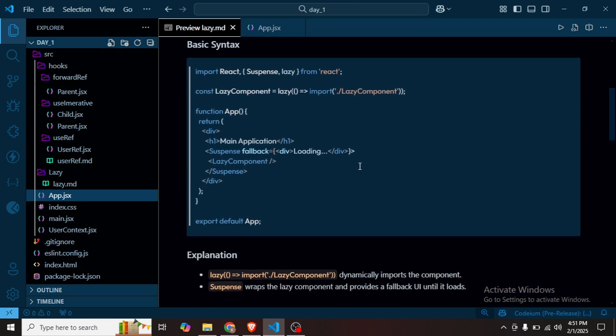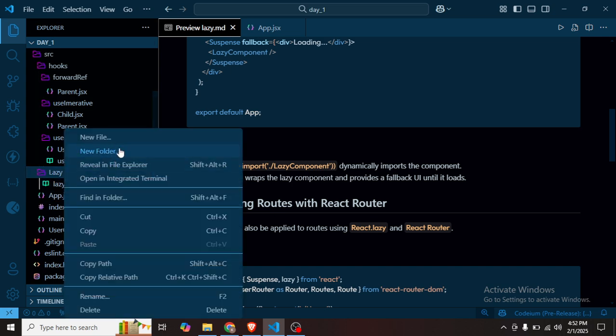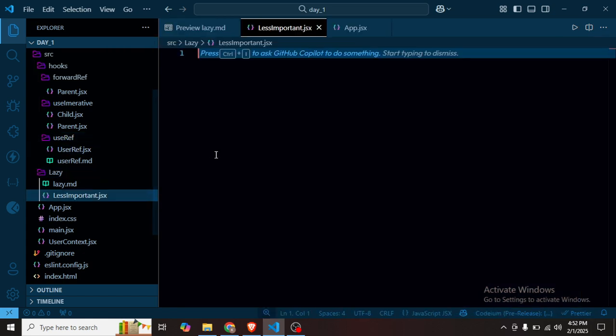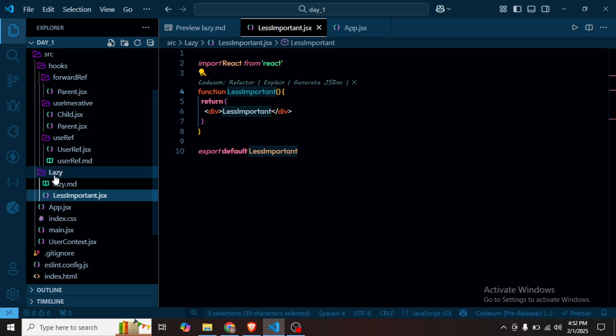Okay, so whenever we want to use lazy loading or code splitting in our code, we will have to import the component in a different way. You will have to import the component in the lazy function. Okay, so I will show you how we can import it. So here I'm going to create some files. For example, I'm going to create one less important .jsx. We are wrapping the less important files in the lazy loading. Okay, so here I'm going to create a simple React component, and then I'm going to create another